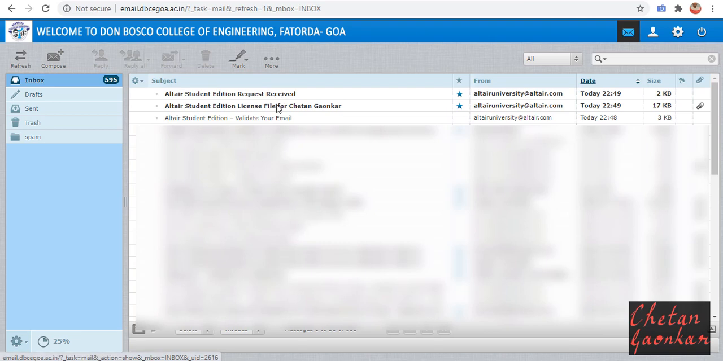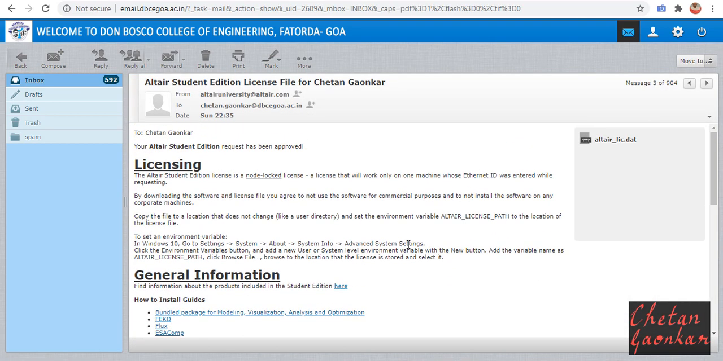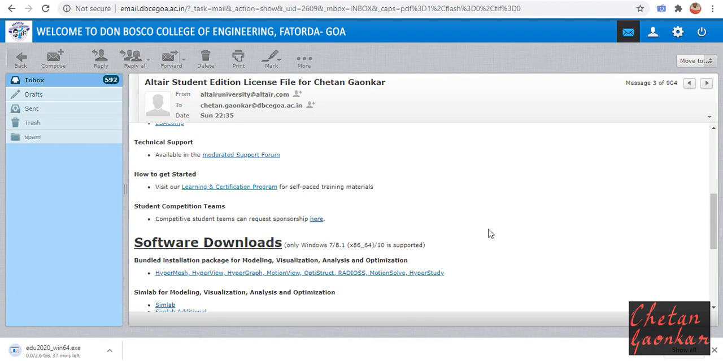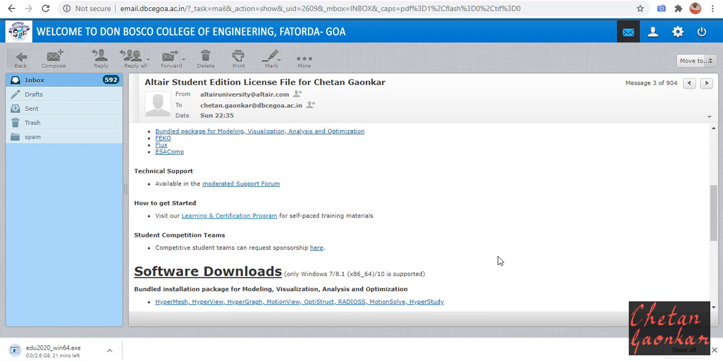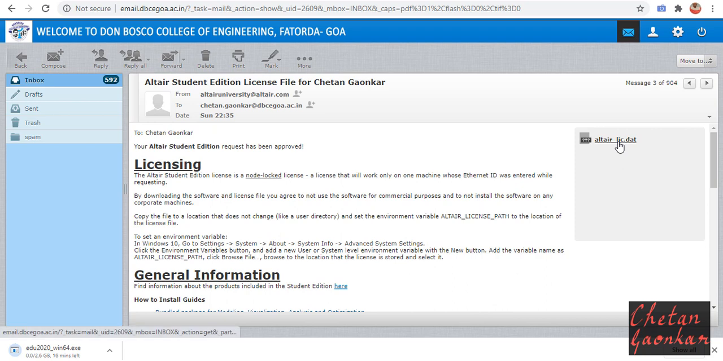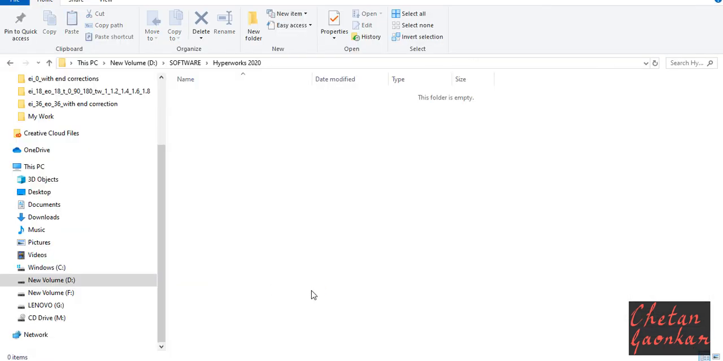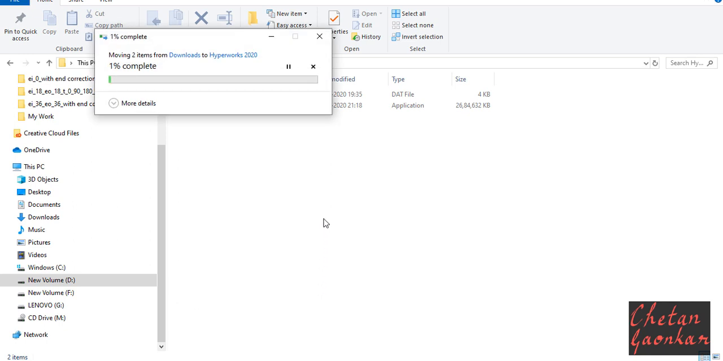Then click that second email, the Altair Student Edition license file email, and then here you will have many links which they provide to download different software. For the time being, we will click on the HyperWorks software, because this tutorial is basically about how to download HyperWorks software. And then also download the license file which you will get along with this email. Now once this download is complete, you need to open this,